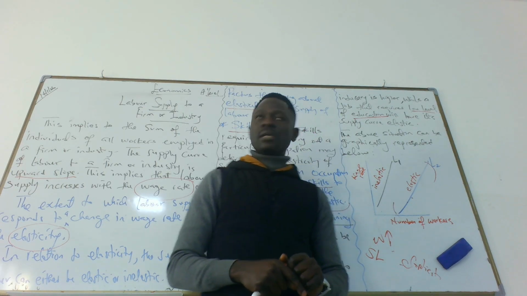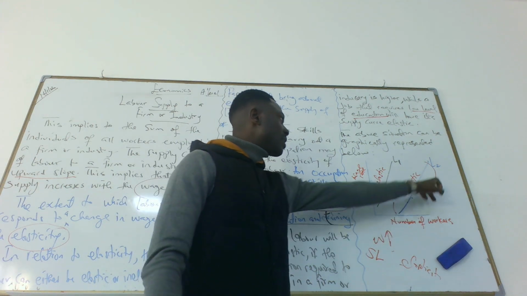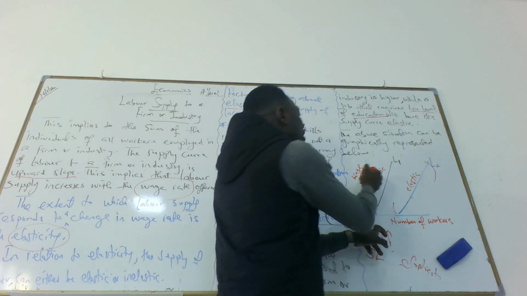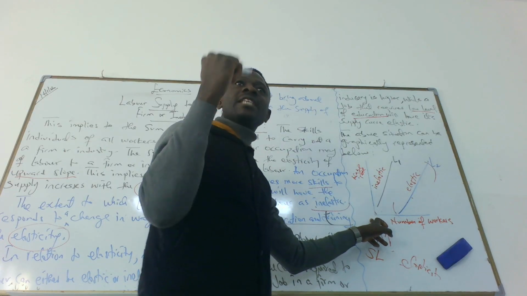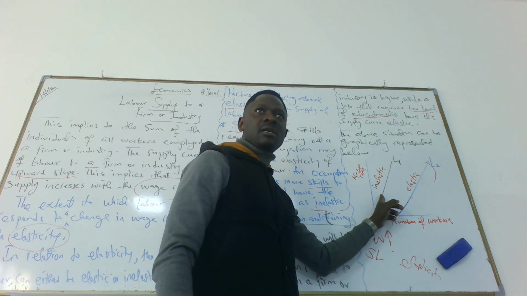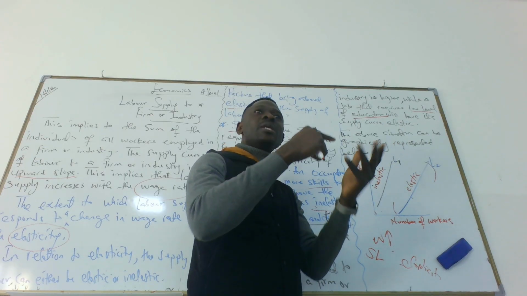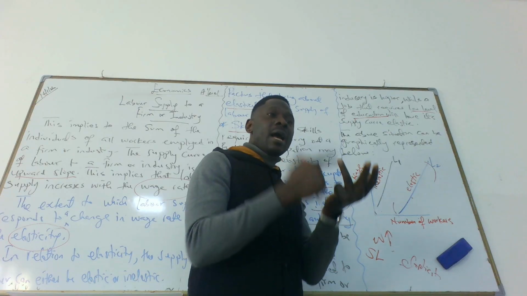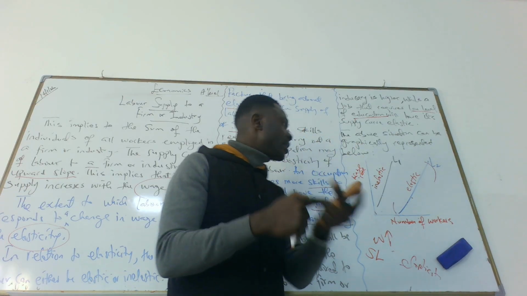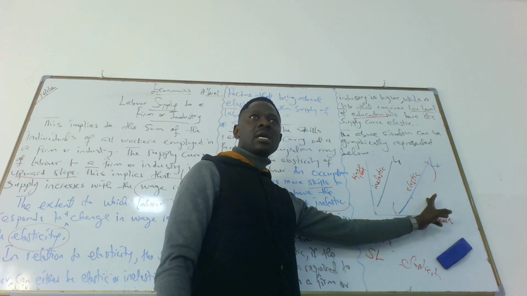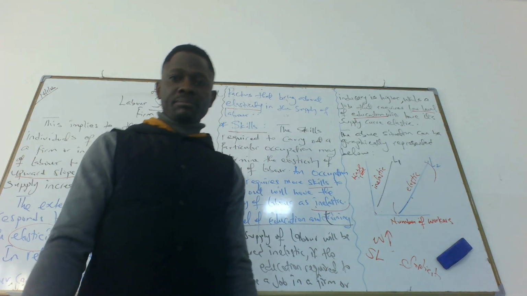Do you get it? So if it is elastic, this is the graph for elastic, and this is inelastic. So according to the wage rate, if the wage rate increases, if the level of education is high, if the skills required are high, the supply of labor will be inelastic. But if the wage rate is increasing and the level of education required is low and the level of skills needed is less, it will be what? Elastic. Do you understand elastic and inelastic? Yes. Thank you. Stop here.